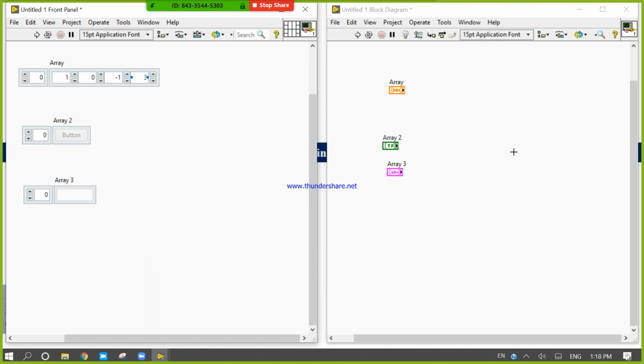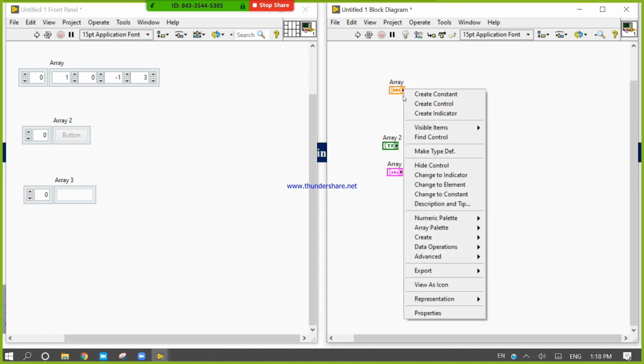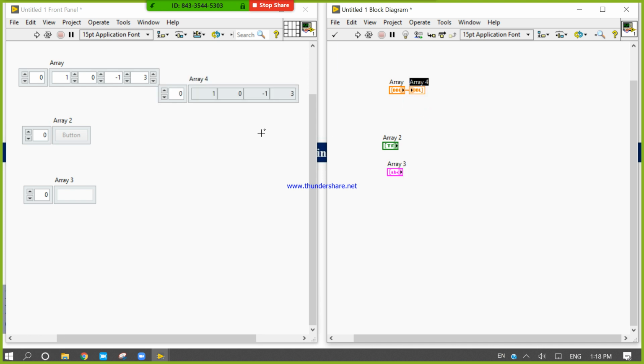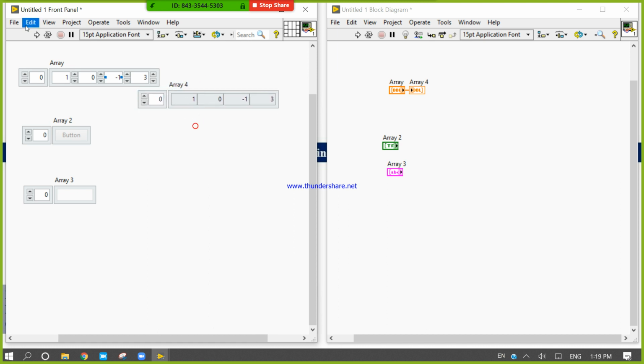Let's learn about indexing and offset. Now right click, create indicators. If you create an indicator, you will get the same output. Let's see, run, continue.